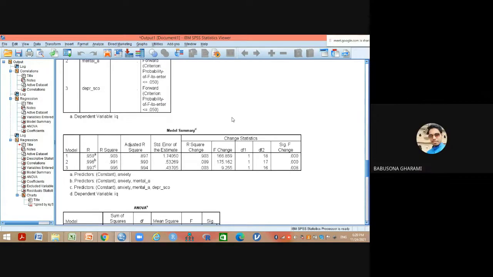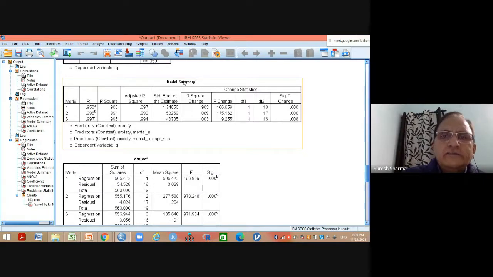Yes, sir. Okay, sir. Now, this is the model summary, and how to read this model summary is very, very important. Please try to understand. There are 3 steps, 1, 2, 3. It has basically formed 3 models, but our model is only the last one, in which we are interested. Why? Because it says A, B, C. Now, what do you mean by A? A means when only anxiety was included in the model.